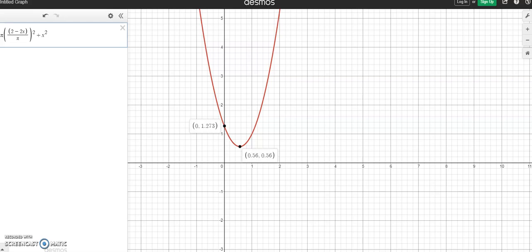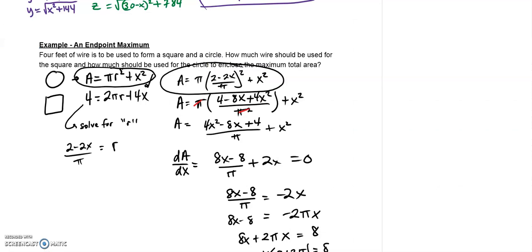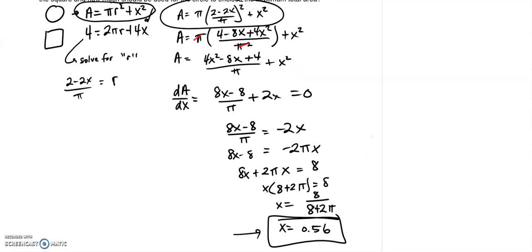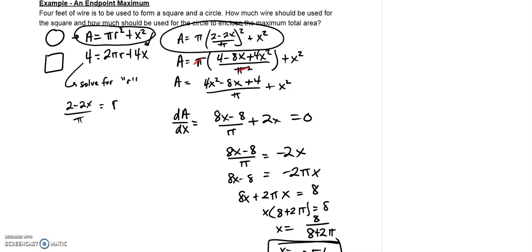In reality, that's going to maximize it, or sorry, minimize it, and you're going to get the maximum amount of area, but it doesn't really make sense because you want to use both a square and a circle. So we're going to stick with the